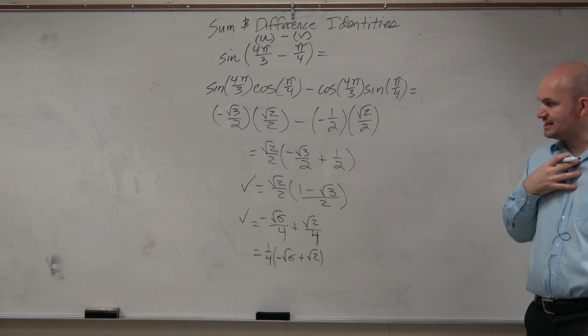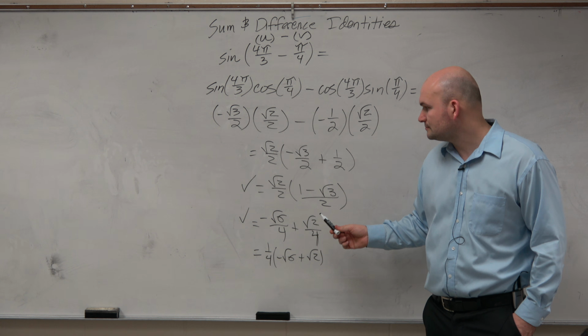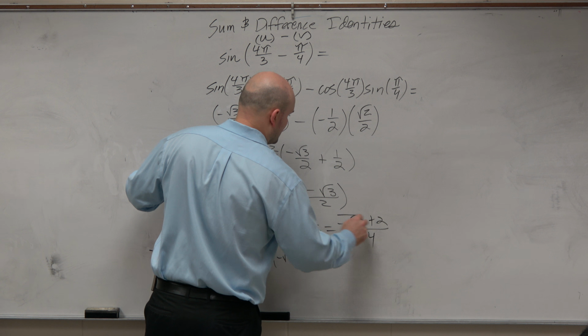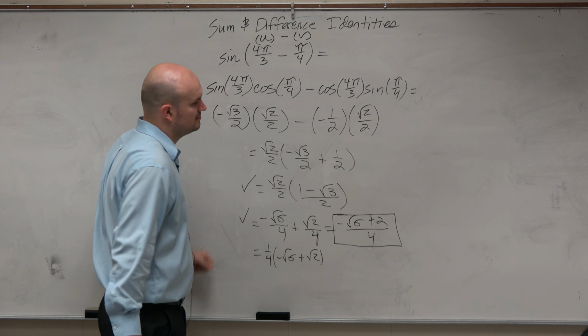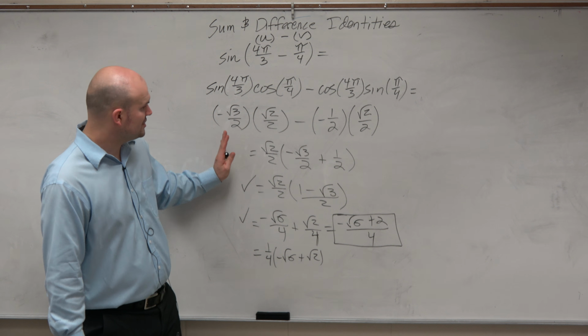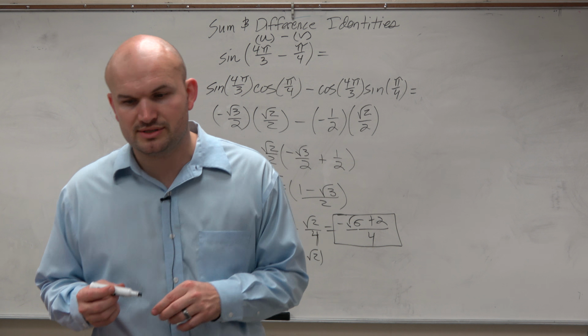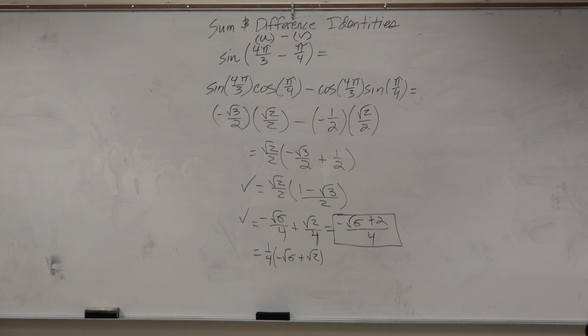I'll say for a test or quiz by mine, I would probably leave it. Oh, and actually, or you could even have something written like this. Or I could also have these combined. Negative square root of 6 plus 2 over 4. And actually, that is the way that I typically like to write them. So if you guys at least know how to multiply them and then get common denominator, I typically like to have it written as one denominator. So that we'll put it to that. Let's simplify this. That would be the way that I would like you guys to